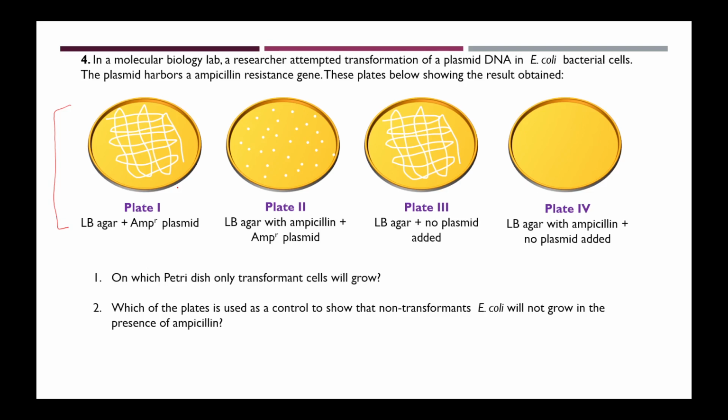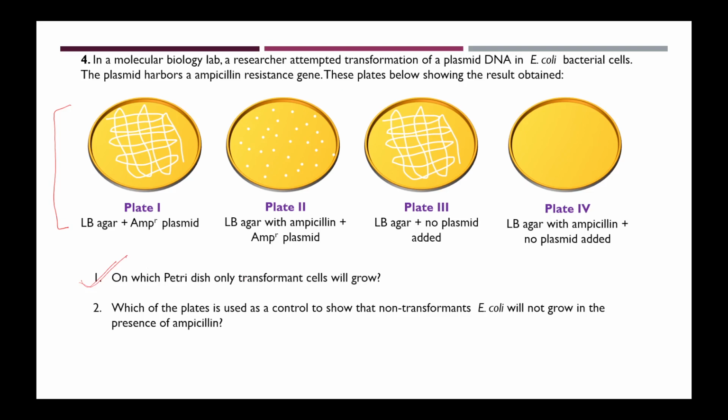Okay. And what about the second plate? Ma'am, in this plate only transformant cells can grow. Yeah, because antibiotic selection is being provided and the ampicillin resistance plasmid is also there. So only the cell which has taken up the plasmid will grow and other cells will not grow. So this is the answer of your first question, that this is the particular plate where only transformant cells will